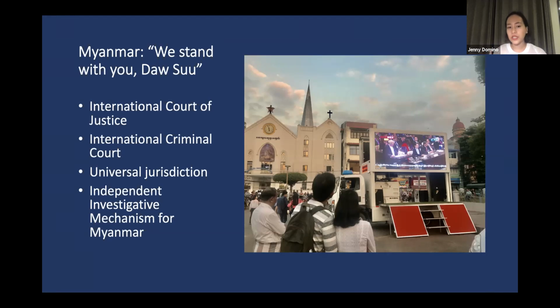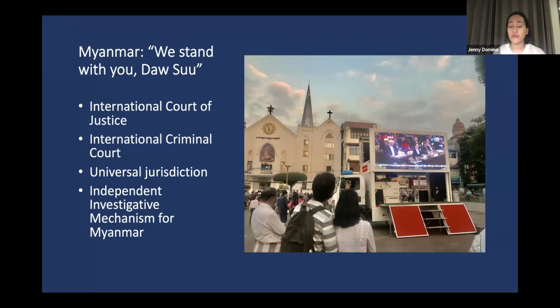And quite differently from the three preceding mechanisms, this last one, the Independent Investigative Mechanism for Myanmar, is a UN body that was set up by a Human Rights Council resolution in September 2018. Some of you may know or have heard about the UN fact-finding mission on Myanmar, which produced a comprehensive report in 2018